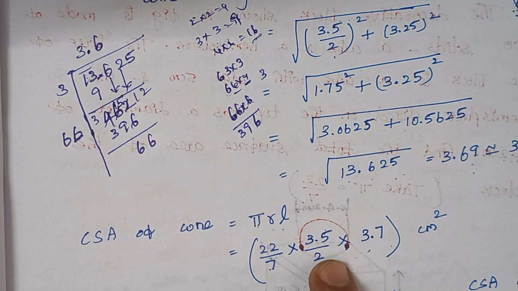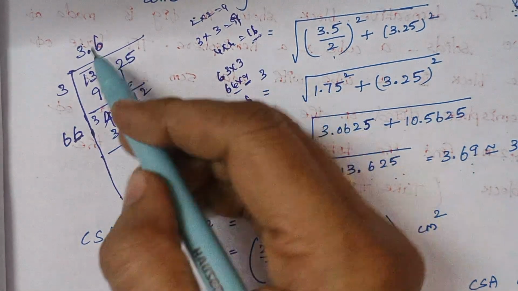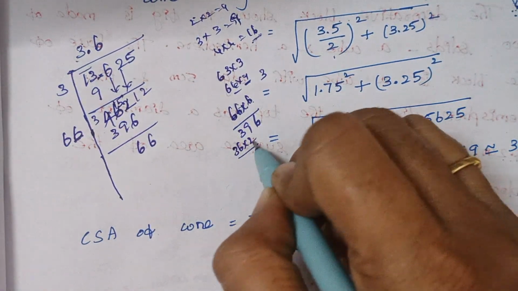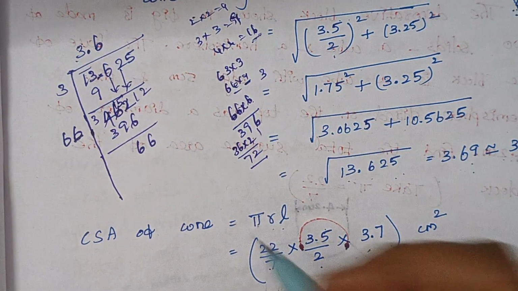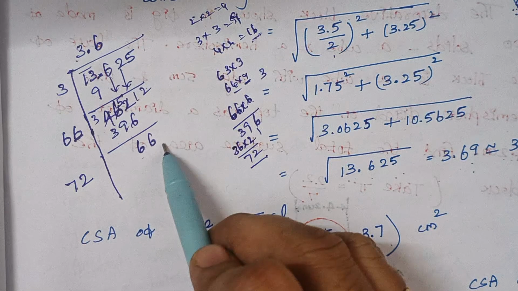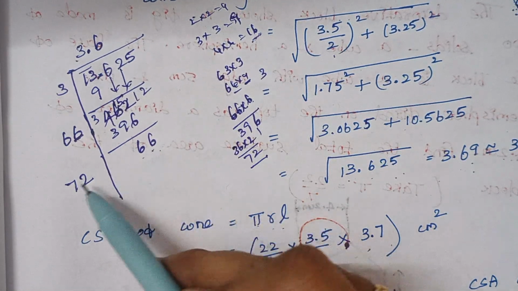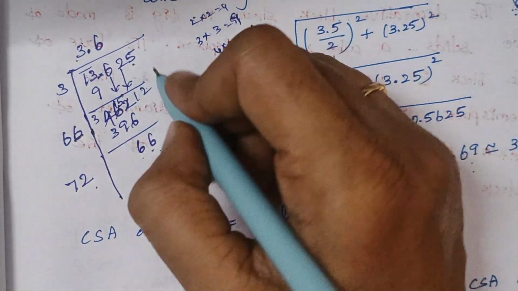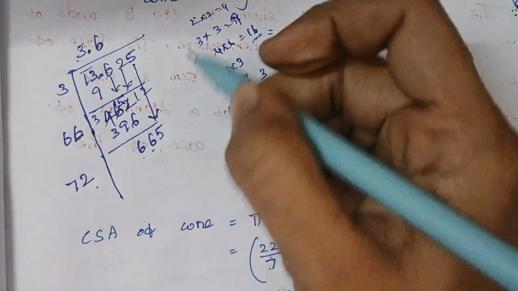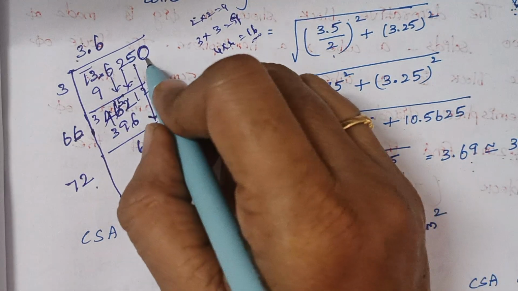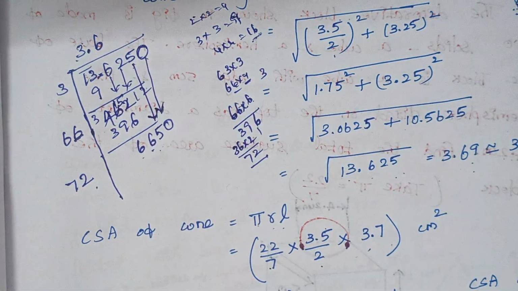Right. So now the next step is, again you see here we are having 36. Right. You remove the dot. So 36 into 2 gives 72. Right. So here just write 72. You see here the number is 66. This is a smaller number when compared to 72, right? And here we are having only 5, right? So just bring this 5 down. Since we don't have any numbers at the back, you just add 0, right? So now bring this 0 also down. So now the number is 6650,